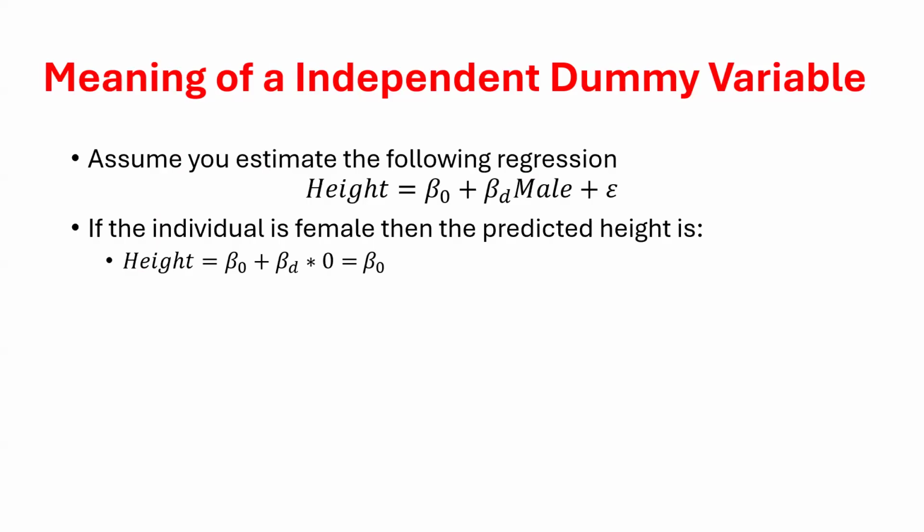And I'll use my example that we just looked at to make this point. So if I'm trying to predict GPAs using whether or not they were a student athlete, my predicted GPA for anyone who is a student athlete would be what? Well, if they are a student athlete, the dummy variable would be a 1.